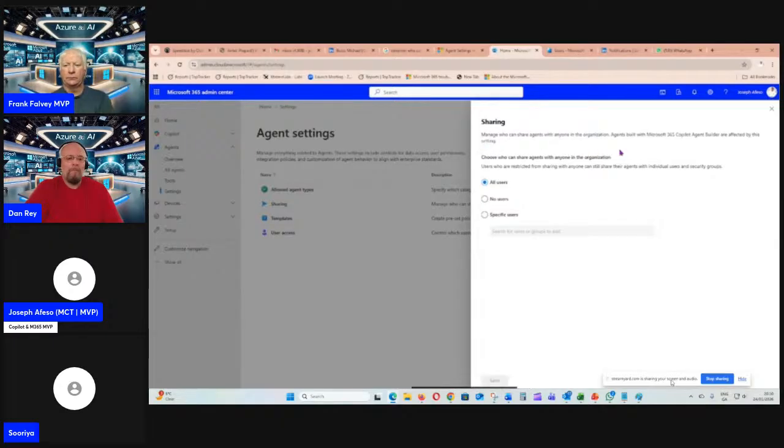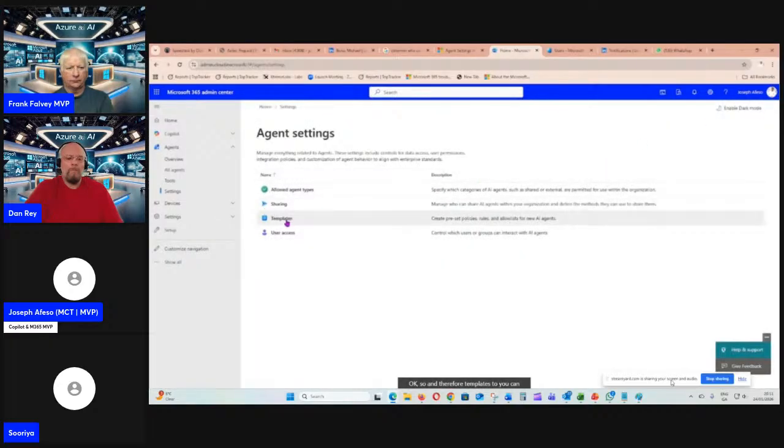So you can decide to say, you know what, I want to allow everyone to be able to share agents, okay? Or you can decide to say, I don't even want anyone to share agents, depends on you. Or, okay, you want to specify users or groups that should be able to do that. So we are still going to look at this in detail when we go down to user access, okay? And then for templates too, you can decide to create a preset policy, rules, and allowed list for AI